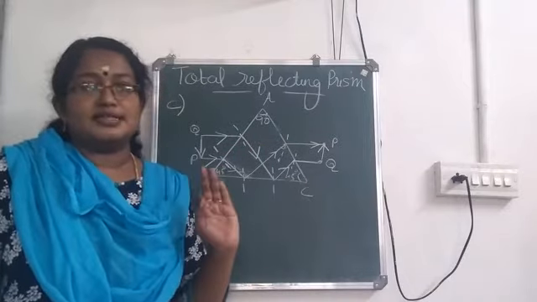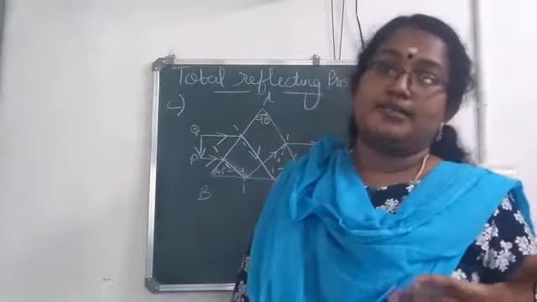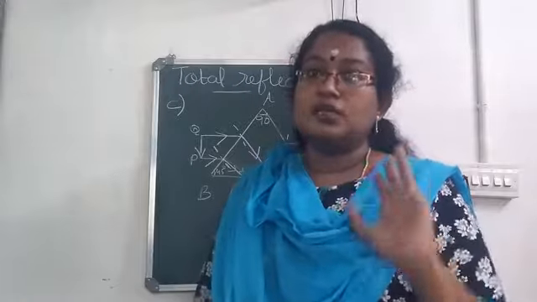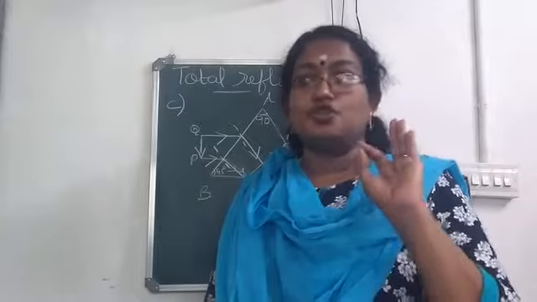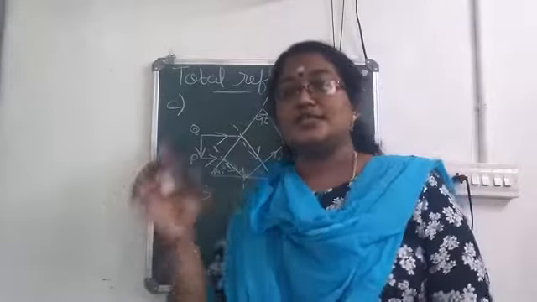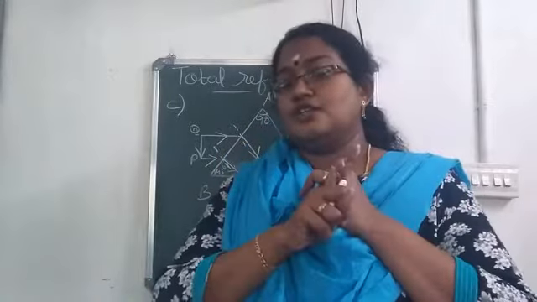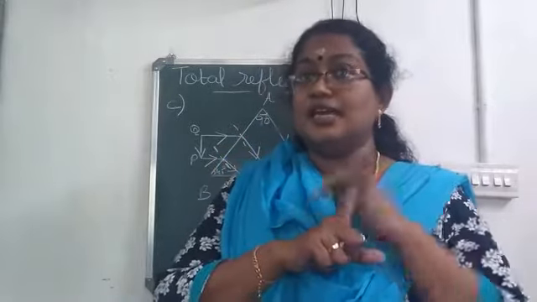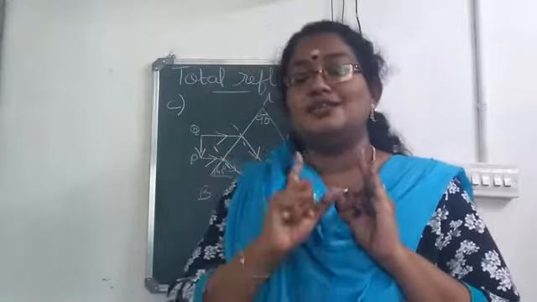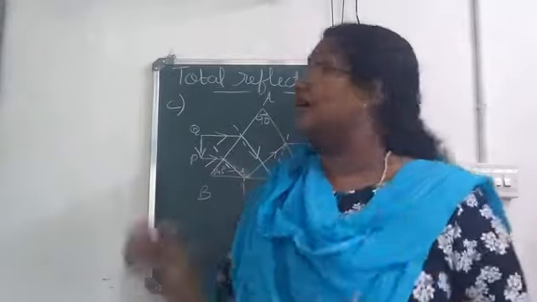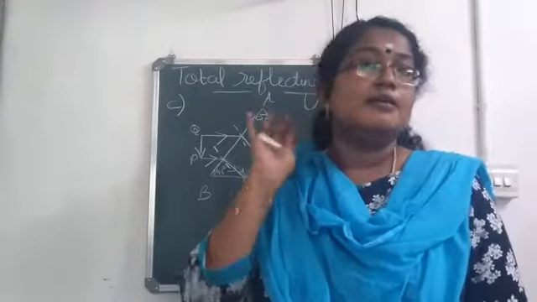So we were discussing the right angled isosceles prism or total reflecting prism. Here the light ray gets refracted through all the three rectangular surfaces, and total internal reflection takes place in all the cases. The first use was to deviate through 90 degree. It is used in periscope. Second one, deviate by 180 degree. It is used in camera or binocular. And the third one is to erect an inverted image. It is used in a projector.